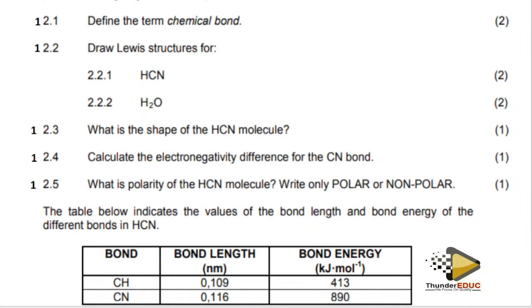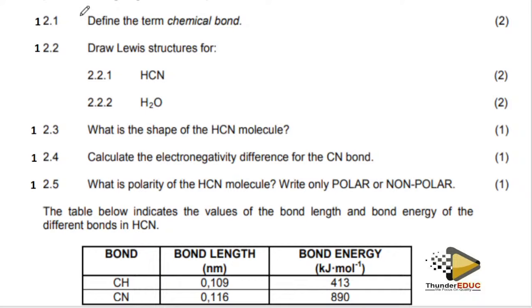So what I was saying is that when you are asked what is a chemical bond, we say it is a force of attraction. It must be a force of attraction between atoms, or it can be between the molecules or between the ions, so that they form the molecule. Force of attraction between two different atoms. It can be atoms. It can be ions.